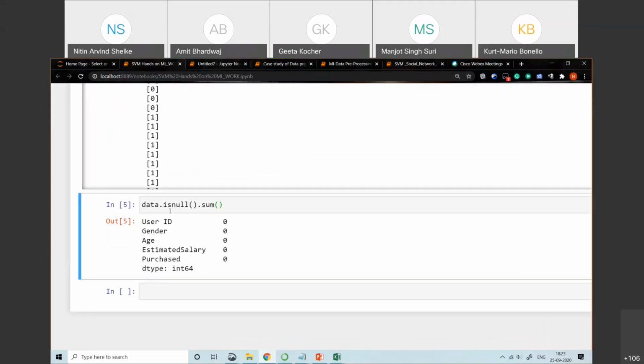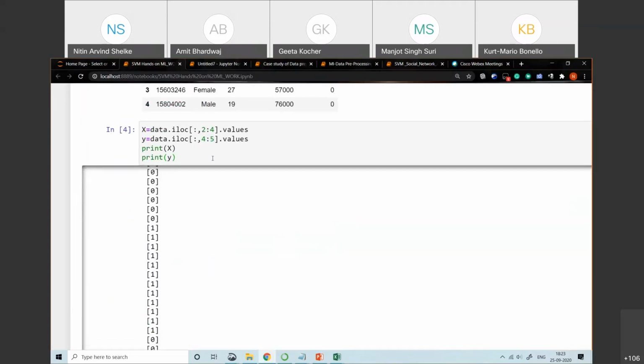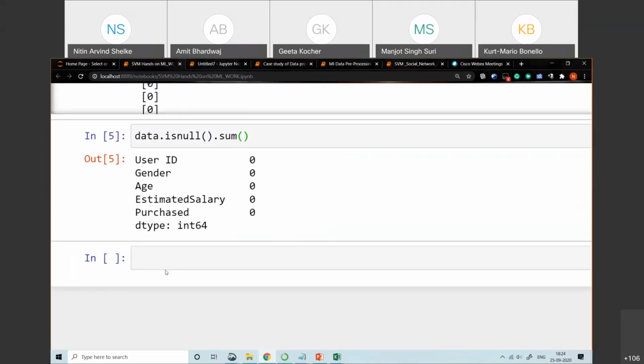What we are getting here is that our data is free from null values, so we don't need to handle null values here. We don't need to use the SimpleImputer class over here, and we don't need to handle categorical data either.